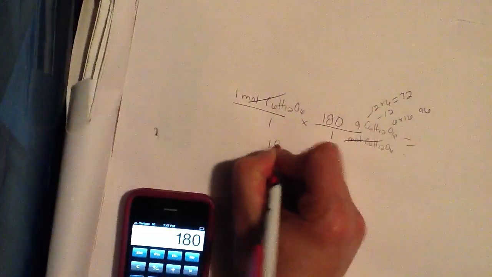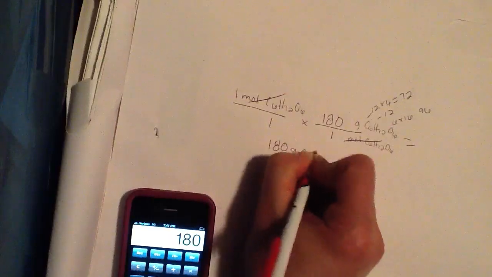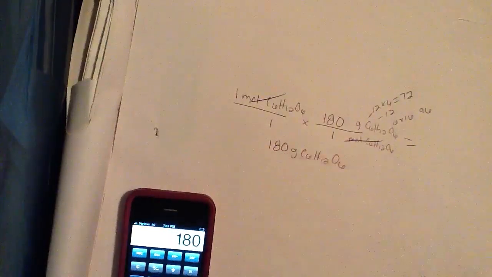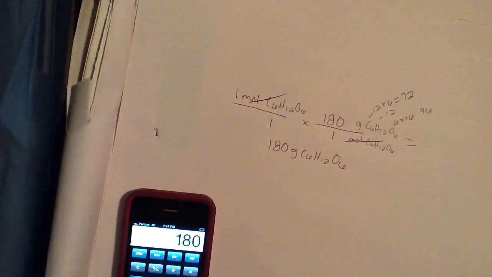That's going to go right on top. I can cross off my labels. Mole goes away, mole goes away. It equals 180 grams of C6H12O6 is 1 mole. So for your test, if I ask you to go get me 1 mole of glucose, then you have to mass out 180 grams of it, and that's what you're going to bring back to me. Okay? Alright, problem 14 says, how many moles are in